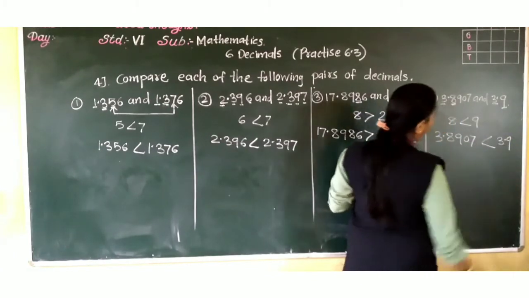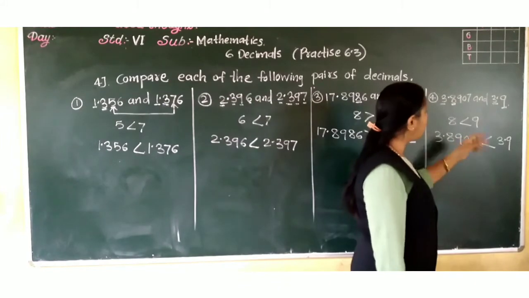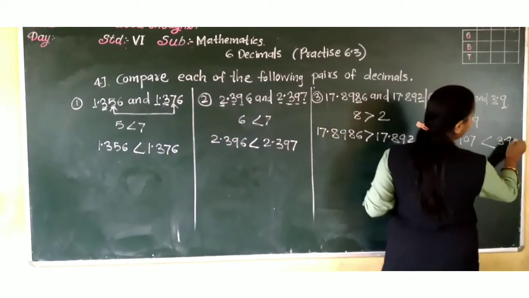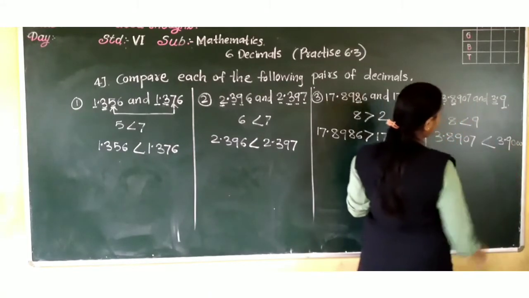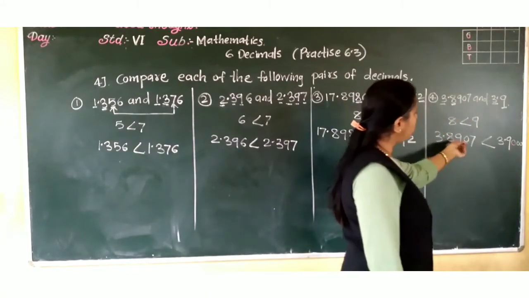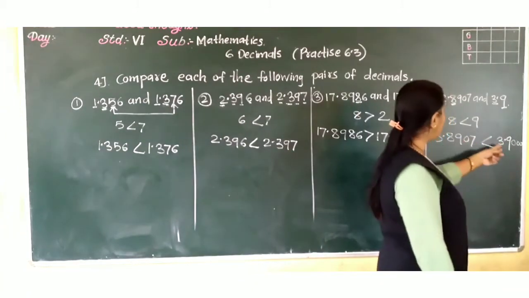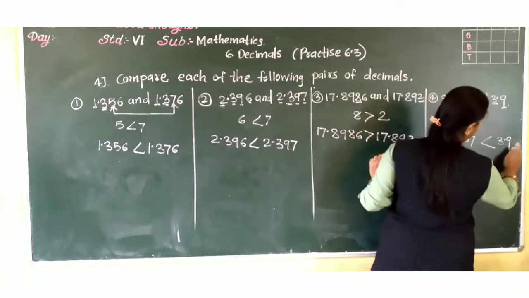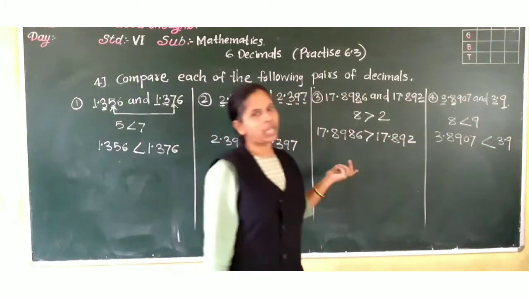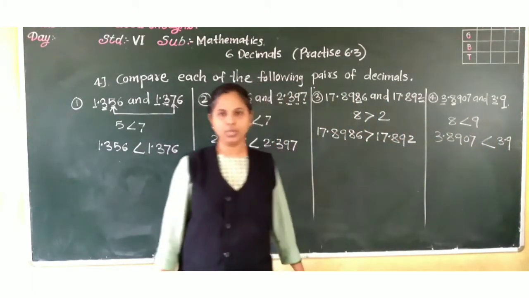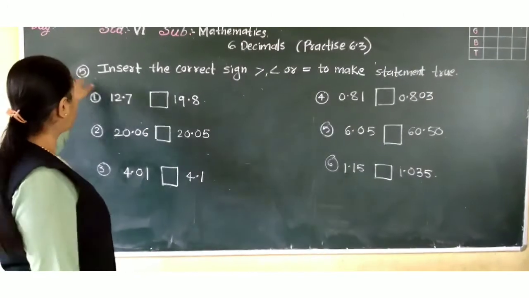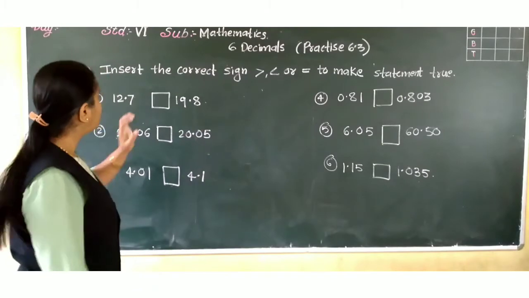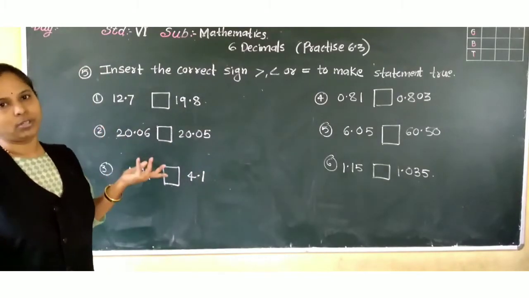Okay. Or you can convert it into like decimals also. See 1, 2, 3, 4. So how you will convert it into 1, 2, 3, 4. Now see, 8907 is greater or this is greater? This one is greater. Followed? Or comparing one digit at a time also we can. So in this way we have to compare. Question number 5. Insert the correct sign to make the statement true. Means in short we have to compare.